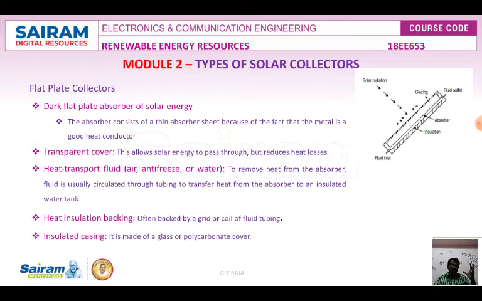Parabolic dish method is like in our house we have a DTH, direct to home dish antenna. The dish antenna is parabolic in nature and there is a central part, we call it an LNB or LNA filter. Whenever the signal falls onto this parabolic reflector, it will be reflected and gathered at the focal point in the LNB or LNA filter and the signal will be obtained. This is a normal dish television. Similarly, the parabolic dish will be used for heating the particular cooker or pot or vessel.